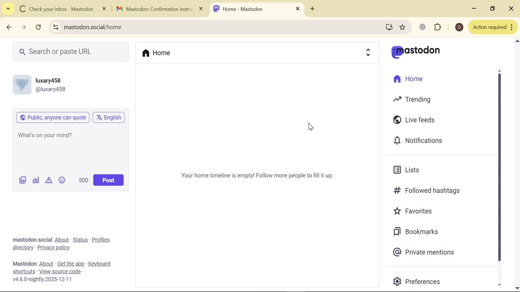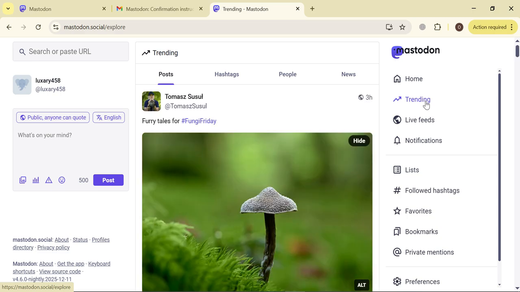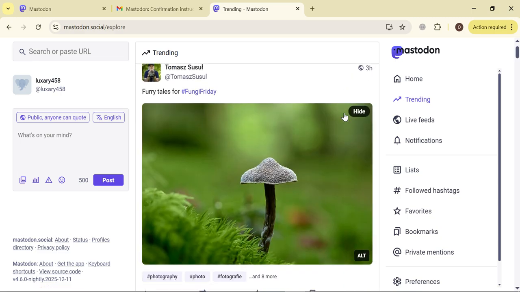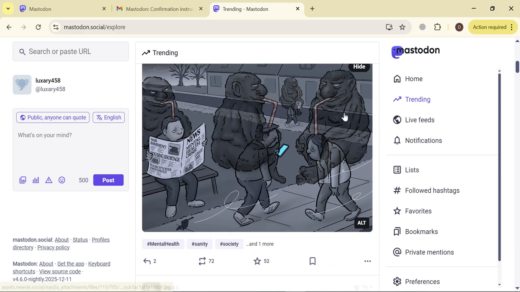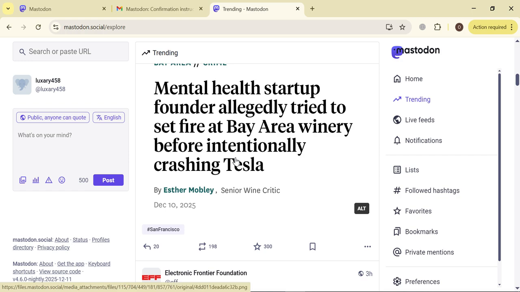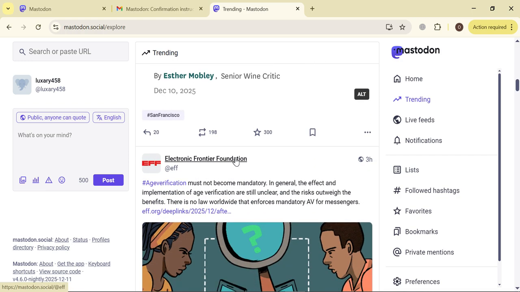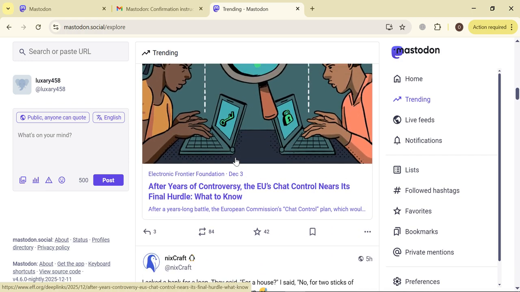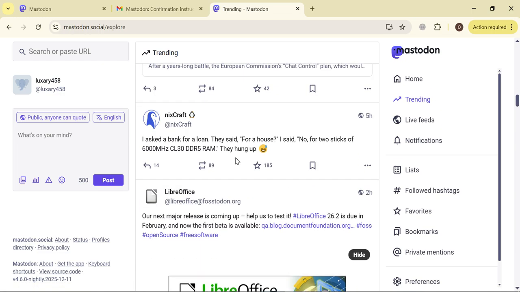So as you can see that we haven't followed any people, so that's why no post is showing up here. So let's go for the trending section. Here you will see all the trending posts. So here you can follow the people, as well as you can make comments, you can also share the post with your followers. Okay, so that's how basically you can share posts, follow people, and you can increase your business growth, and you can join these decentralized communities as well.